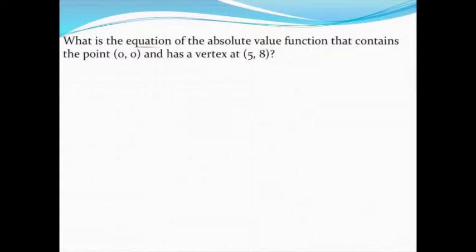When I write an absolute value equation, the form I'm going to want to use is y equals a times the absolute value of x minus h, and then plus k. So there's a few things I'm going to want to do first once I realize that's the form I'm going to use. Probably the first thing I would do is make a quick sketch of this graph. Having a visual of what's going on will help me determine a couple things about what the equation will